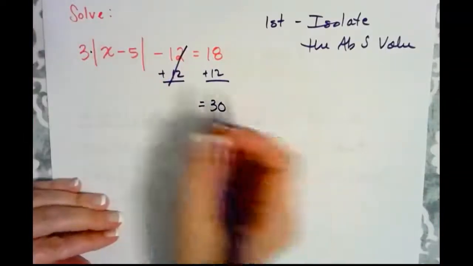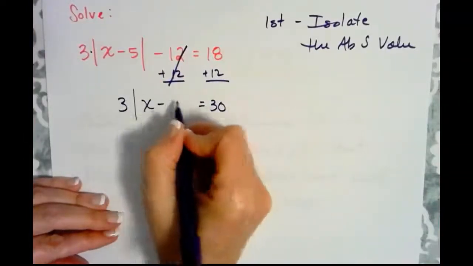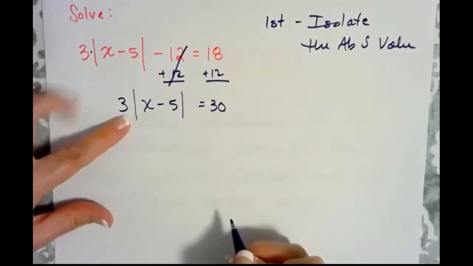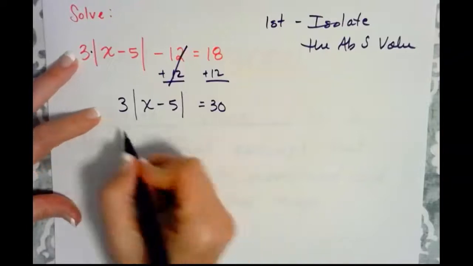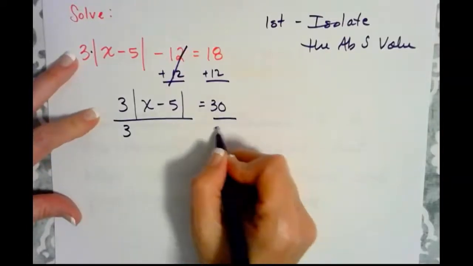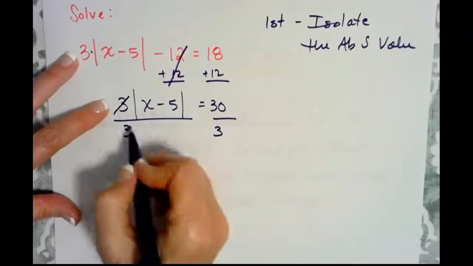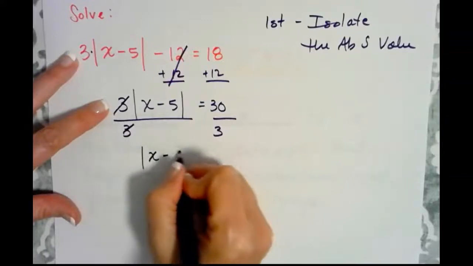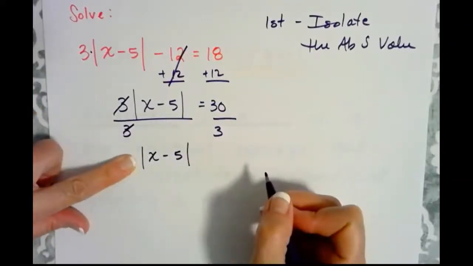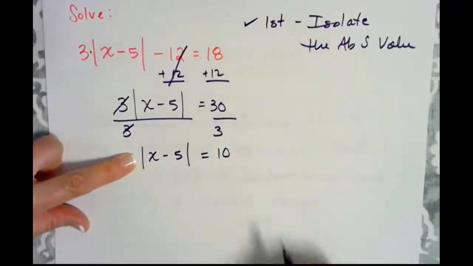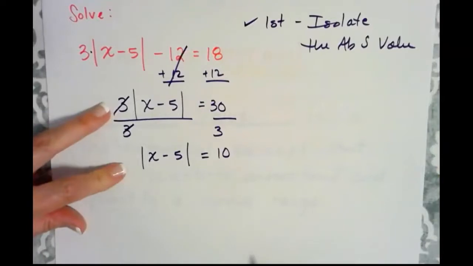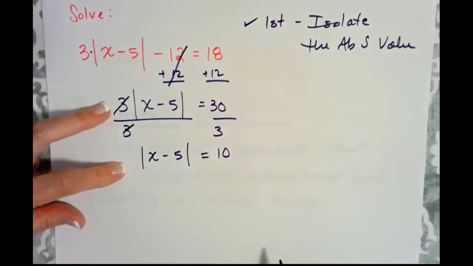I'm going to line up my equal signs here. And I now need to use the inverse operation for multiplication, which is division. 3 divided by 3 is 1, so they cancel. So the absolute value of x minus 5 equals 10. So there's step 1. Sometimes it's going to take a couple of lines on your paper in order to isolate